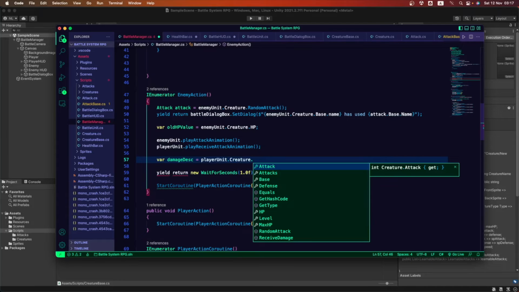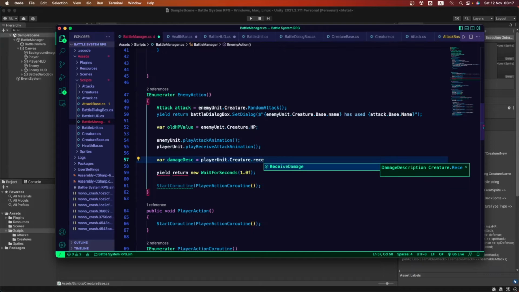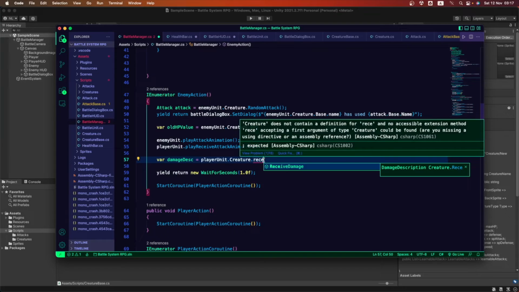And remember which method we just created to do this? Receive damage method. That's the one that is gonna be happening now after these animations happen, after our creature attacks us. This is where all of this math is gonna be happening.